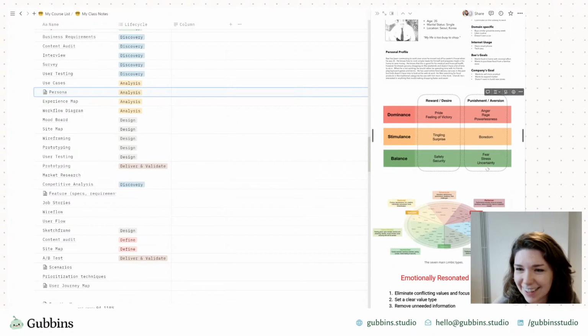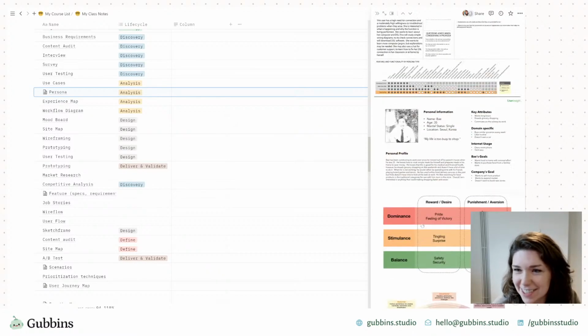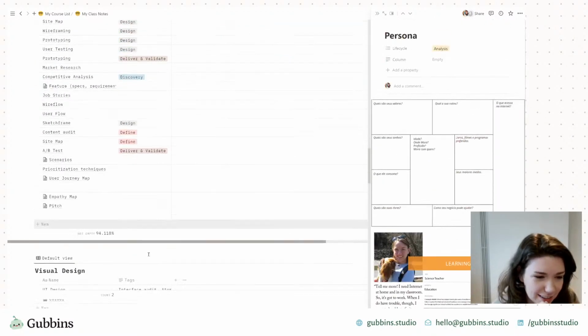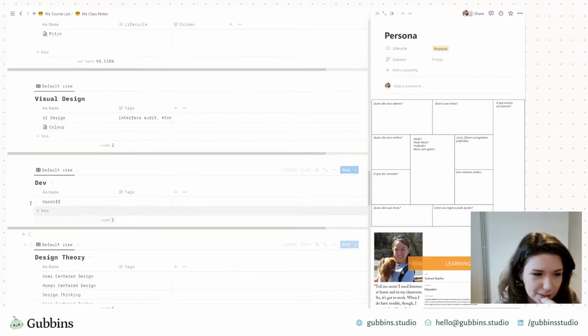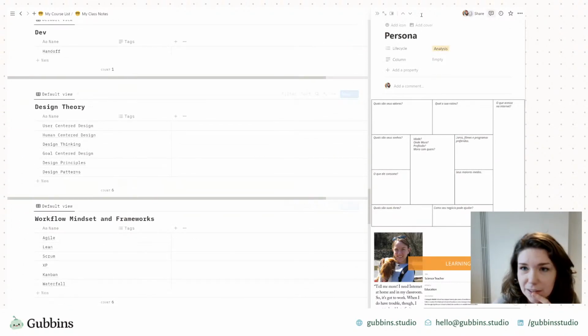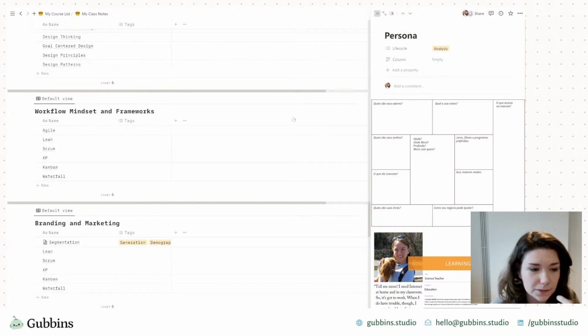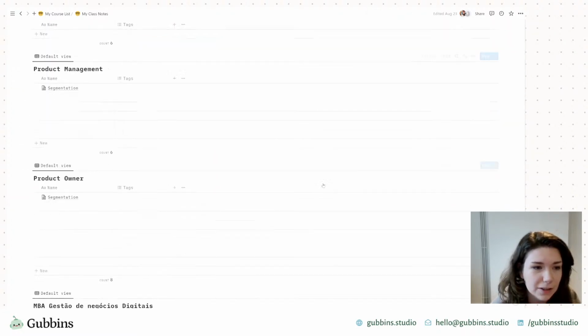Wow, yeah, there's a lot in here. It's very diligent note taking, so much. Okay, more about design theory. Okay, I'll just hide that for now. Okay, so it seems like,